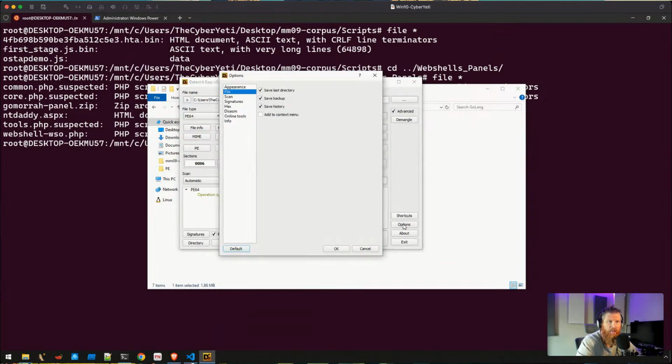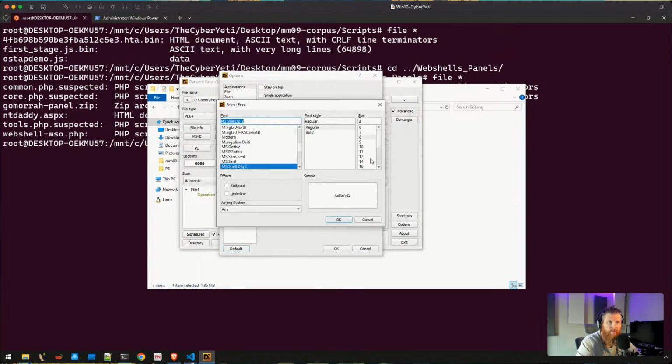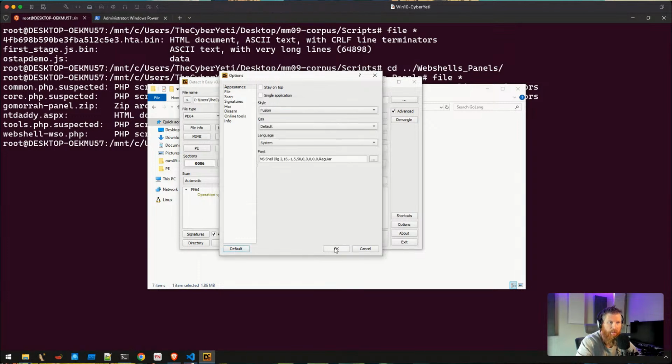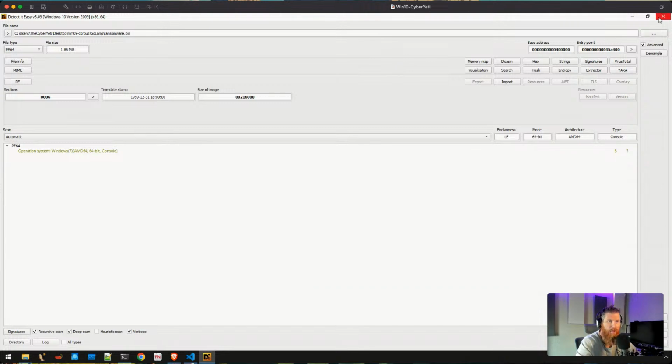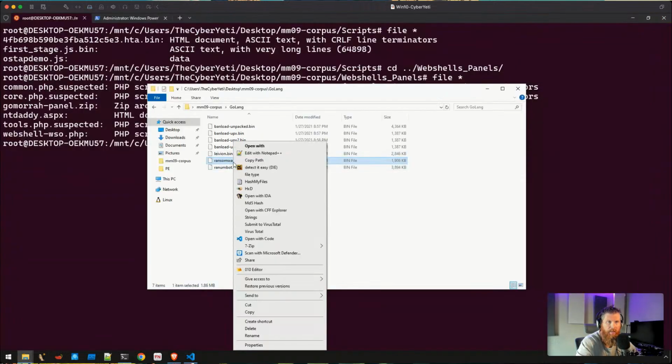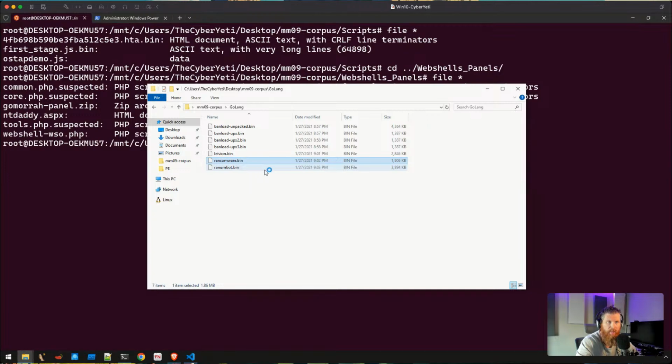Give me just one second here. I swapped VMs at the last moment, and the font here, I think I'm just trying to figure out where to update. Yeah, there we go. Make the font size a little bit larger. Okay, maybe I need to close it. I think I'm one version behind here on this VM with Detect It Easy.